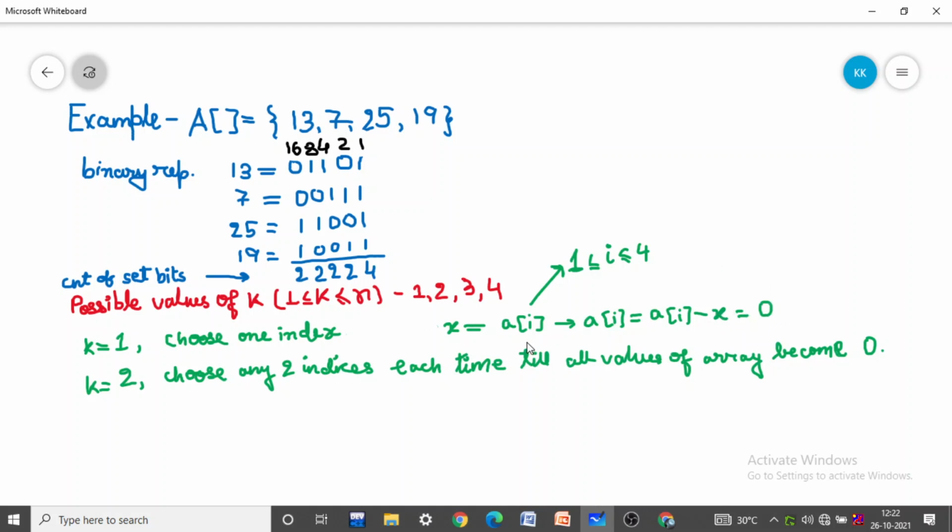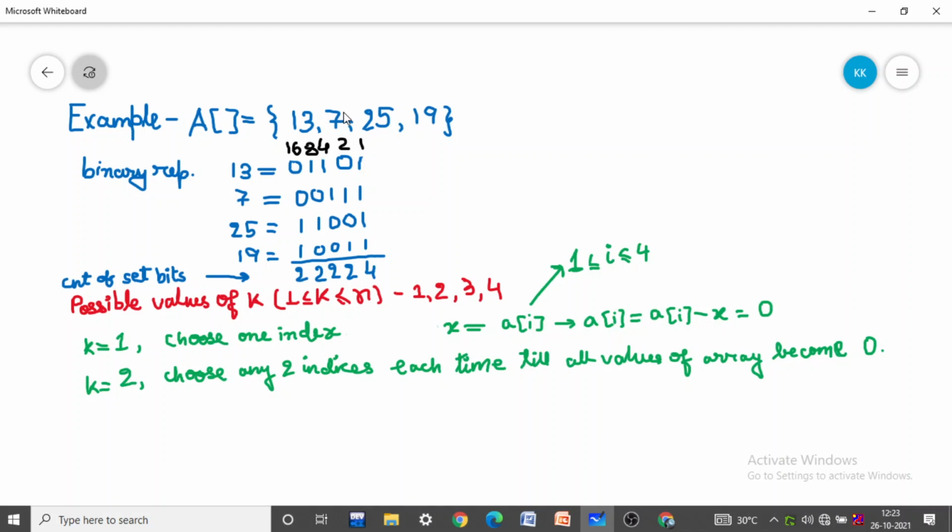So see the process here. For k equals 1, let's say we chose the first index, 13. Then x's value will become 13, and we subtract 13 from 13 and it will become 0.